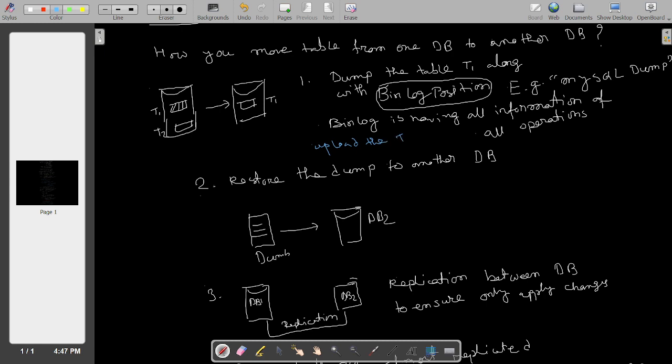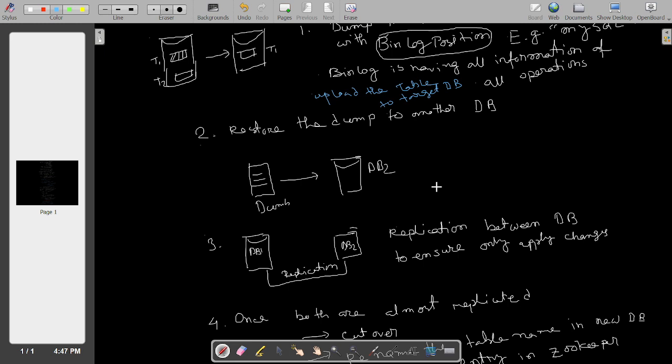Upload the table to the target DB. Okay. So once you are done with the upload, the second step is to restore the dump to another DB. So your restoration process will start.